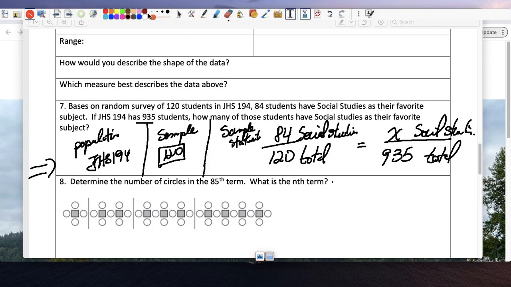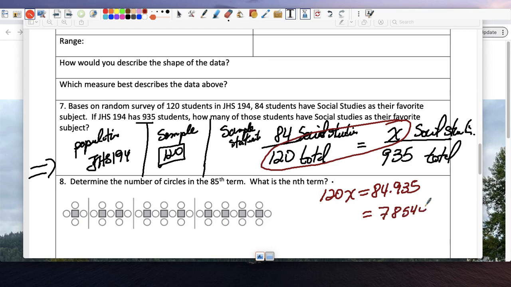You can cross multiply these two. 120 times X is 120X, and 84 times 935 will get you some number, which we'll figure out right now. 84 times 935 is,